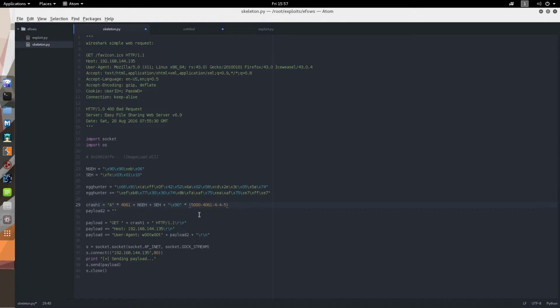So we will still keep after the SEH 5 NOPs just to make sure. Then we will add the egg hunter. What the egg hunter is doing specifically, I will show you later in Immunity. Then we fill the rest with NOPs again, and we adjust, minus 5, I already added this, minus the length of the egg hunter.